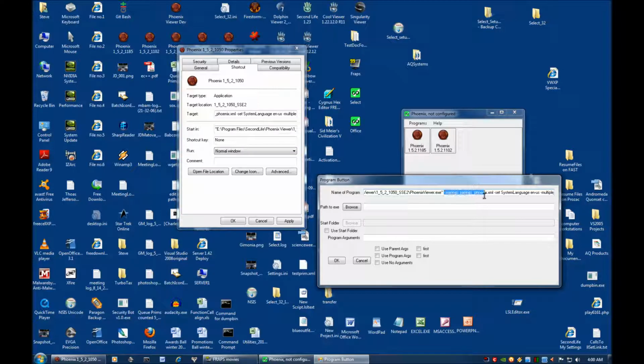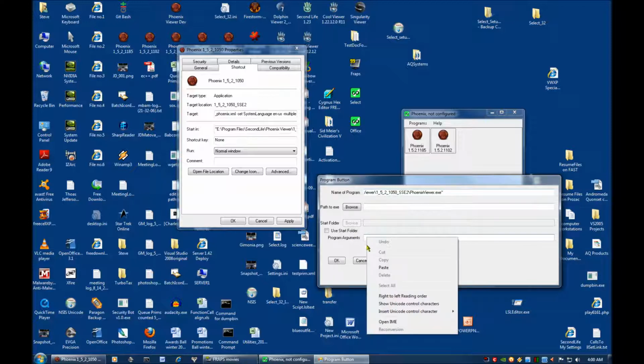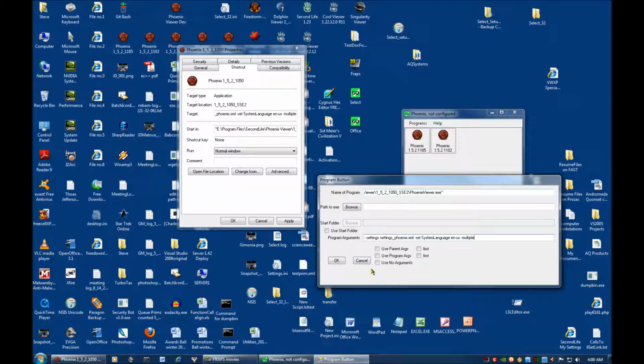I copy the command line arguments for it again, rather cut, paste them down here, click on use program args, go back up here, get rid of the double quotes,